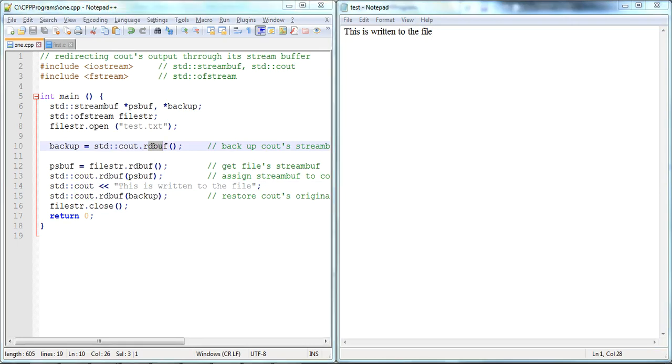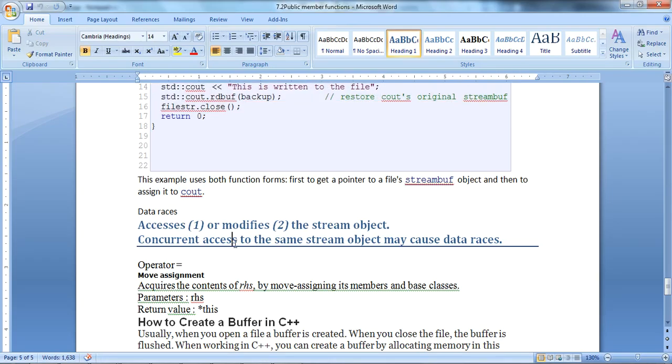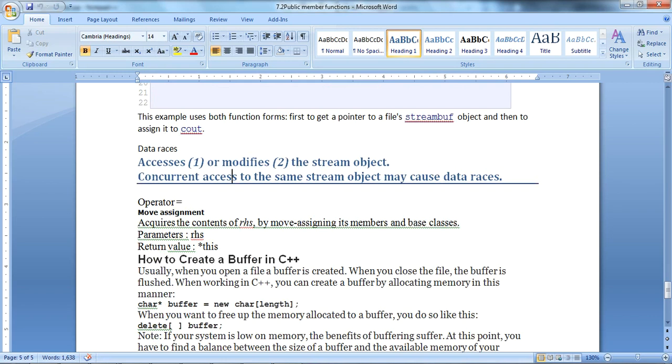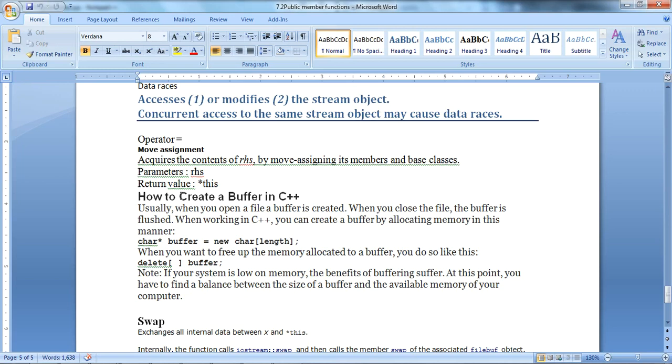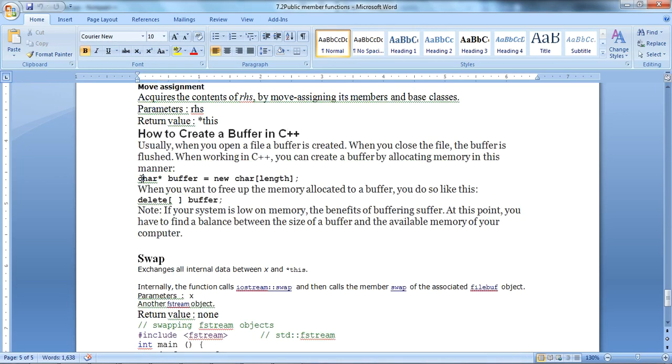Now this one is simply the concept of rdbuf. Now the concept of how to create a buffer in C++: in a later session we will learn in detail, with program code, how to create the buffer and how exactly the